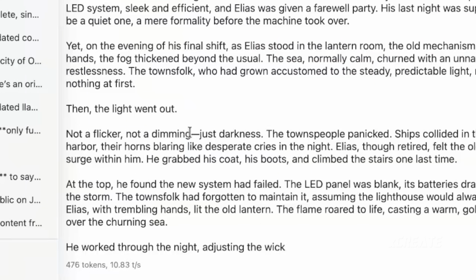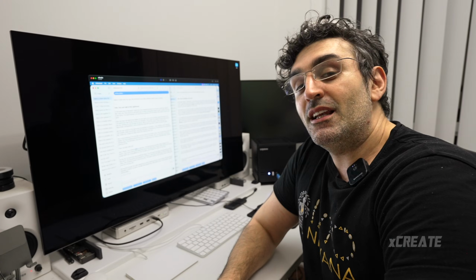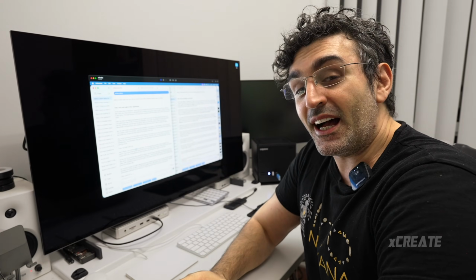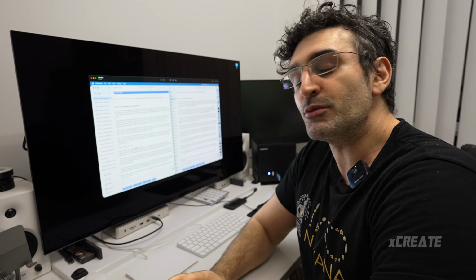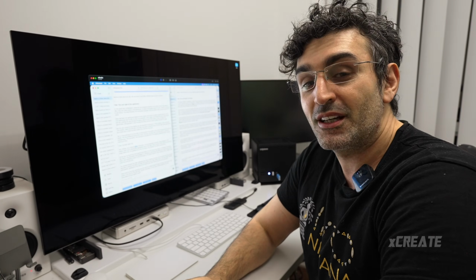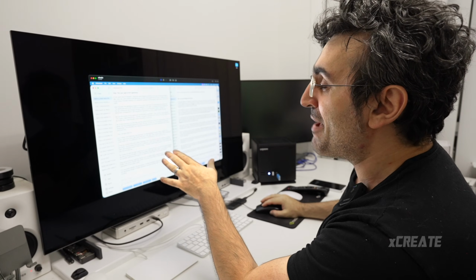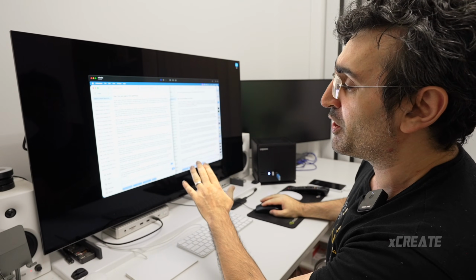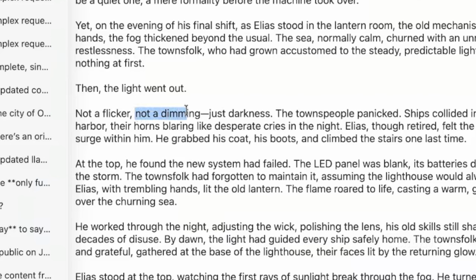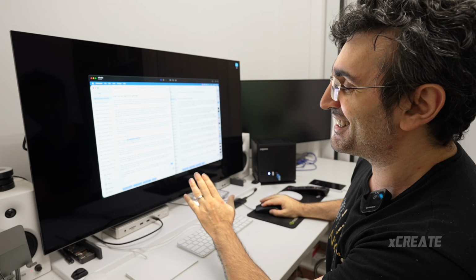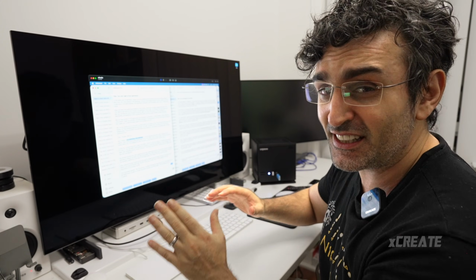It's got an em dash there, and then there's a bit of a debate. Last time I said that was the signature of AI. I still believe that's a signature of AI. I'm sorry, humans that still use the em dash, but there are debates. People are saying it's not that it's using the em dashes, it's the "not X, but Y" structure. So, not a dimming, just darkness. That's more of the signature of AI. It's not X, it's Y.